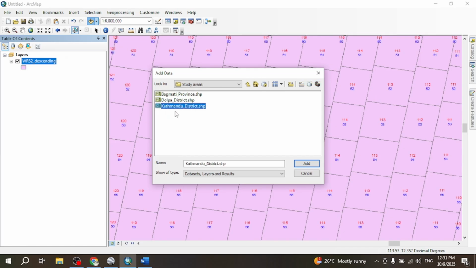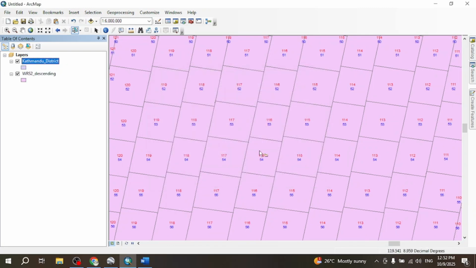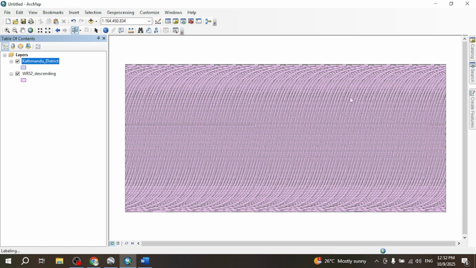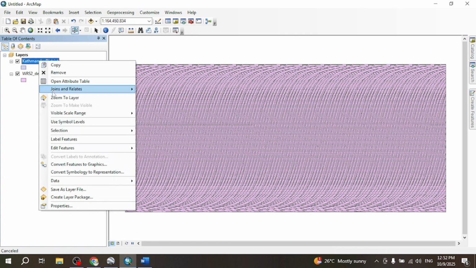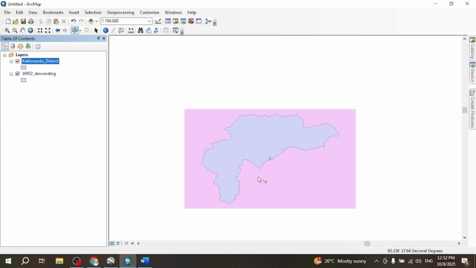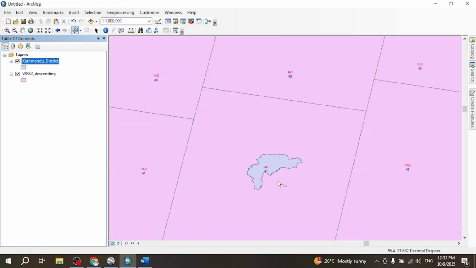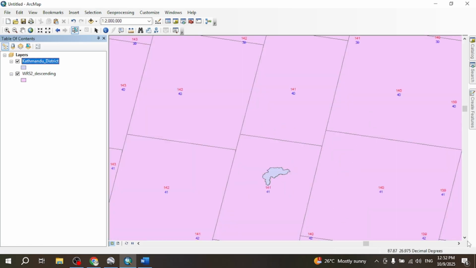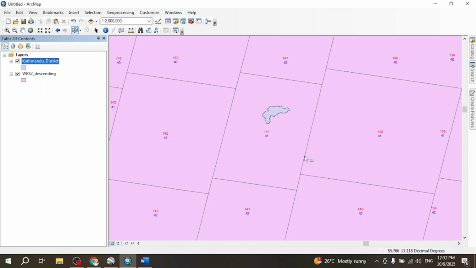I'll find the path and row number for Kathmandu district. I'll click the Kathmandu district and click add, and after adding this, I'll get my shape file, but it is invisible here. The Kathmandu district is very small as compared to the whole world, so we could not see it. So I will just go to the Kathmandu district and zoom to layer. Okay, and I will zoom out a bit so that I can visualize the tile. Zoom out. Okay, and you can see that the Kathmandu district falls under the 141 path number and 41